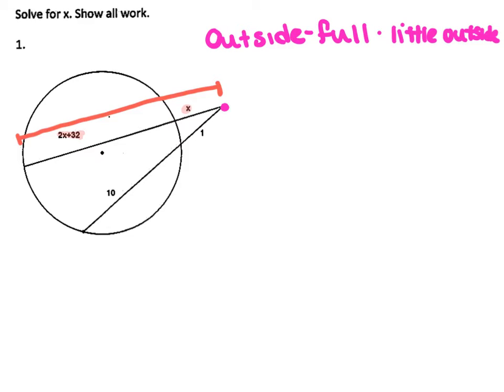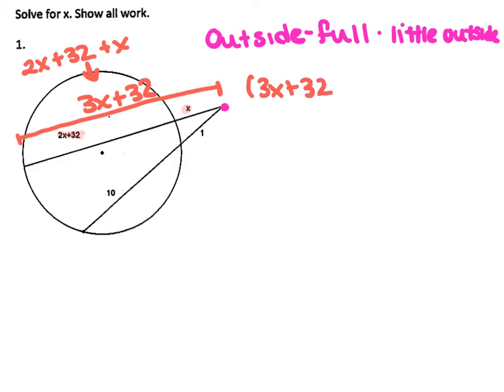So if I were to add 2x plus 32 plus x, I can combine like terms to give me a value of 3x plus 32. So the first part of my equation is the whole thing, which is the 3x plus 32 times the part outside, which is just the x. So this is times x